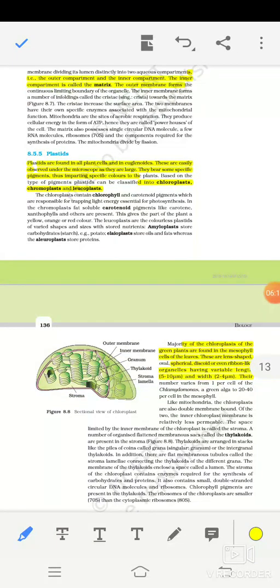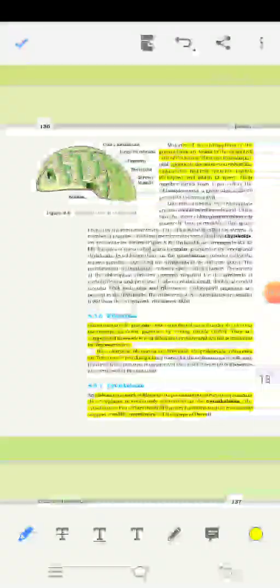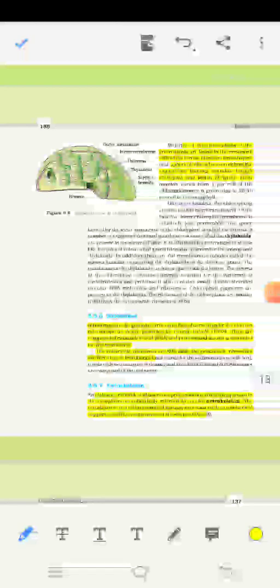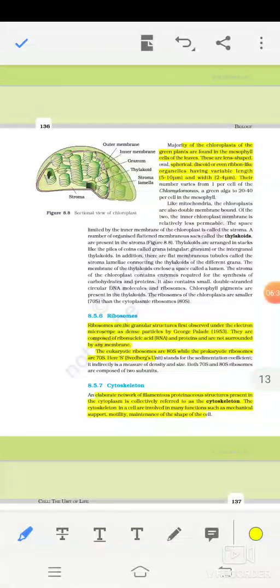Plastids are found in all plant cells and in euglenoids. These are easily observed under the microscope. They bear some specific pigments, thus imparting specific colors to the plant. Plastids can be classified into chloroplasts, chromoplasts, and leucoplasts. The majority of the chloroplasts of the green plant are found in the mesophyll cells of the leaves. These are lens-shaped, oval, spherical, discoid, or even ribbon-like organelles having variable length 5 to 10 micrometre and width 2 to